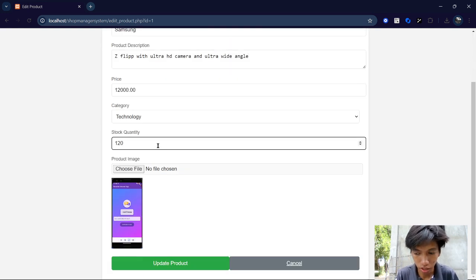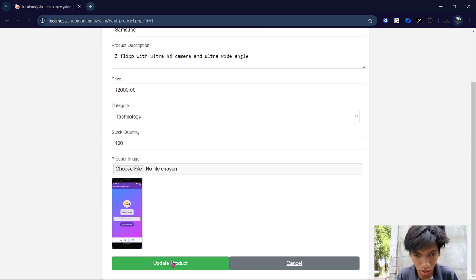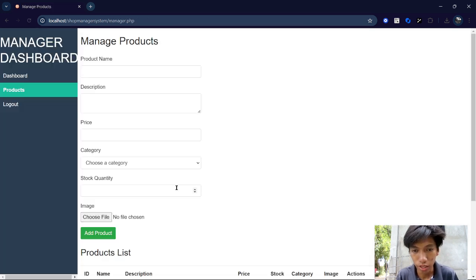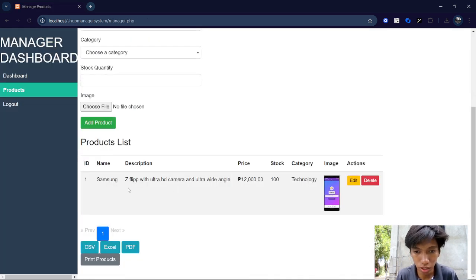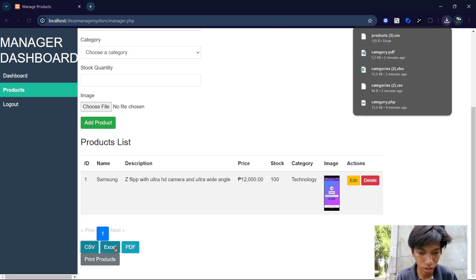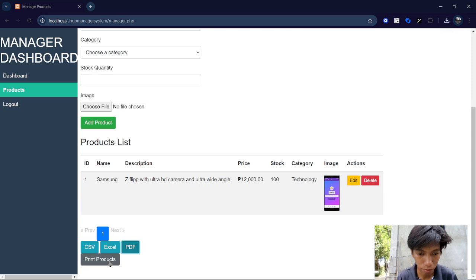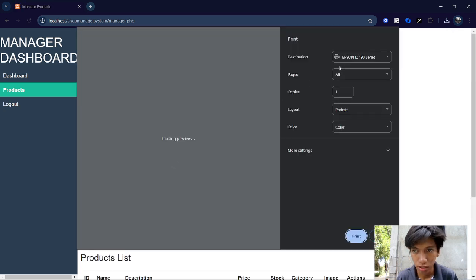Let's change the stock to 100 and update the product. Product updated successfully. As you can see, we have the ultra wide angle here in the description, and the stock is 100. We have the CSV, Excel, PDF, and print for products.